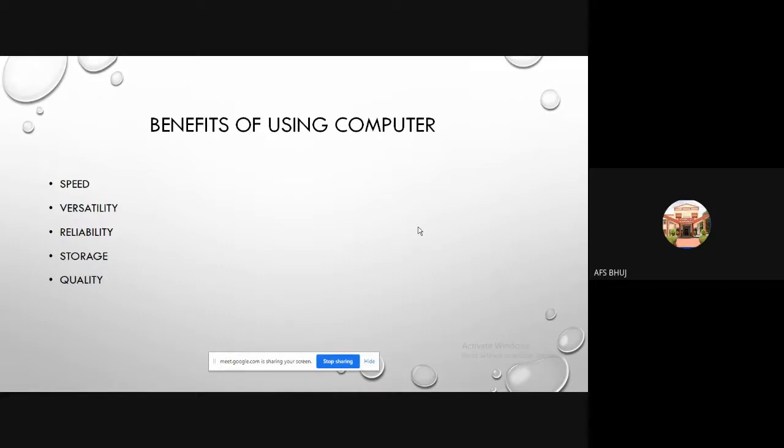Then how does a computer work? A computer takes input, processes it, manipulates the data and gives the output. Everything is good, it takes the input, processes it and gives the output. But for all this to happen, we need some devices, right? So yes, you're right. We need devices. If we want to give input to the computer, we need input devices, right?